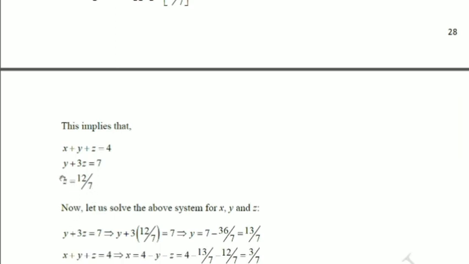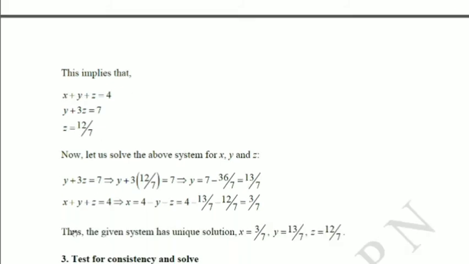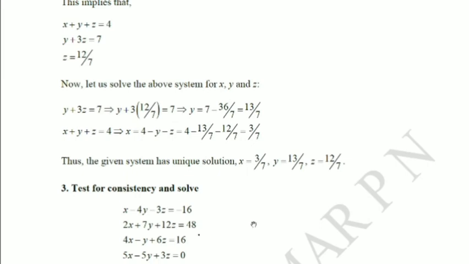Now already we got the value of z. Substitute back in this, you'll get the value of y. That is 13 by 7. Now we know z and y. Substitute them here, you'll get the x value. So your x value will be 3 by 7. So there is no k because we got the value of x, y, z by direct simplification. So this is the only solution. That's why it is a unique solution. So in this fashion, you can find the unique solution of non-homogeneous system of equations.